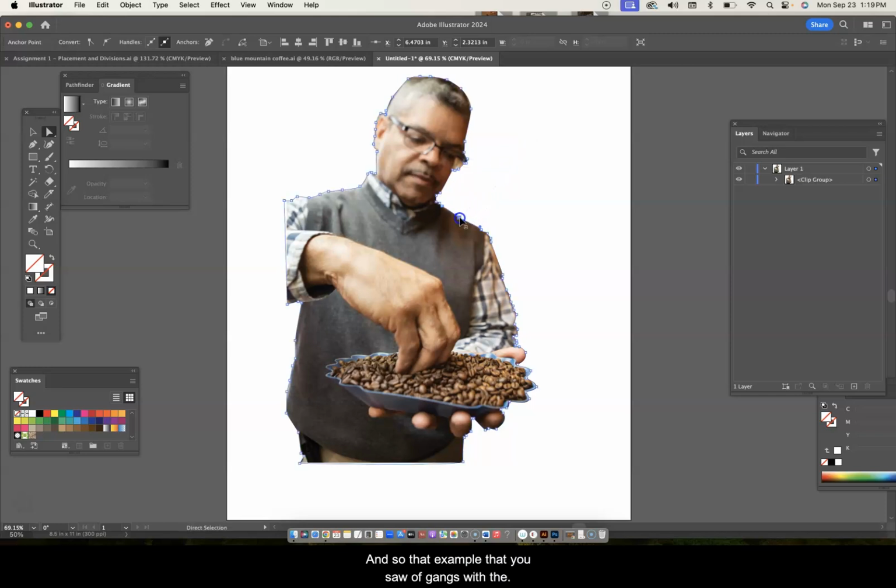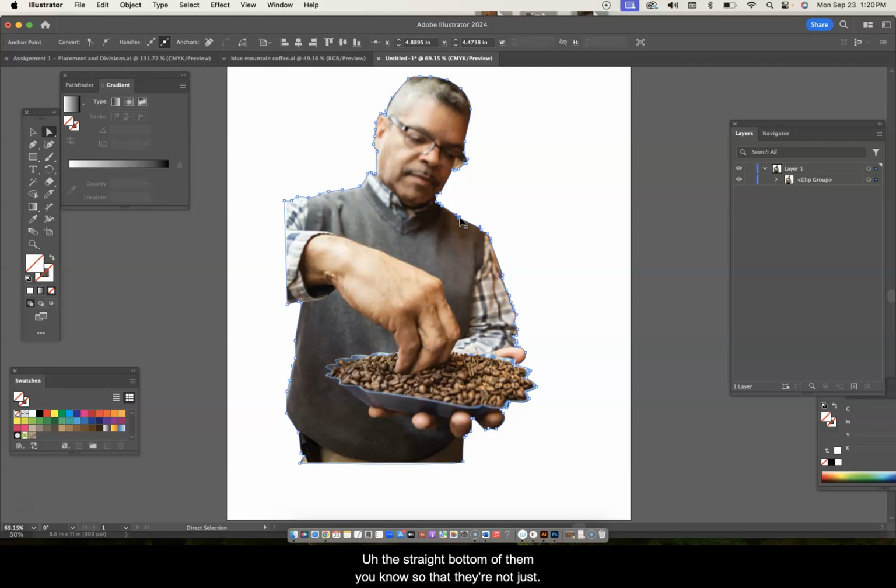And so that example that you saw of Dayang's with that fluid-looking element at the top, that free-form line, and then those pictures were placed in there. So she just lined those pictures up in those columns like she had them. And then she just drew this element to serve as a frame, to hold those elements, and also to use as a clipping mask to get rid of